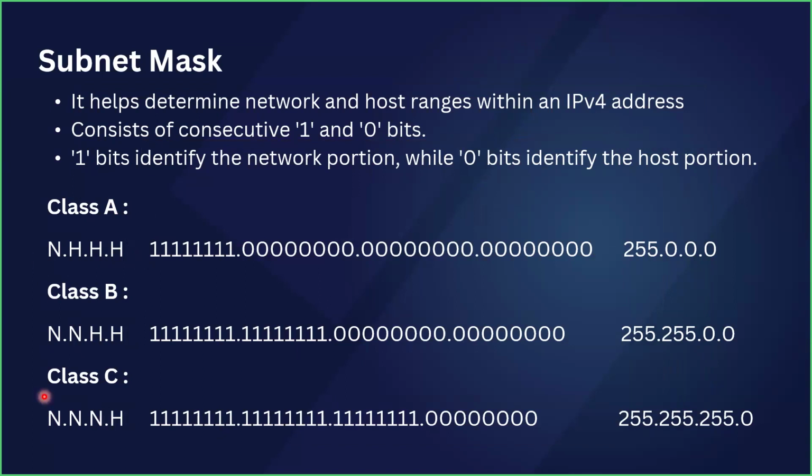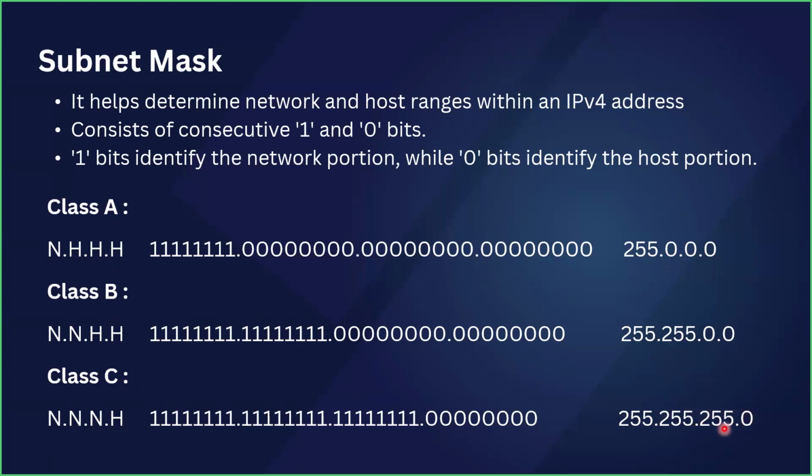For the computer to understand the difference between network and host portion, it assigns the network portion the value of 1 and the host portion the value of 0. So for class A, where there's one network portion and three host portions, subnet mask is calculated by putting all ones in the network portion and all zeros in the host portions. When you convert that, all ones is 255 and all zeros is simply 0. So for class A, with one network portion and three host portions, subnet mask is 255.0.0.0. For class B with two network portions and two host portions, subnet mask is 255.255.0.0. And for class C with three network portions and one host portion, subnet mask is